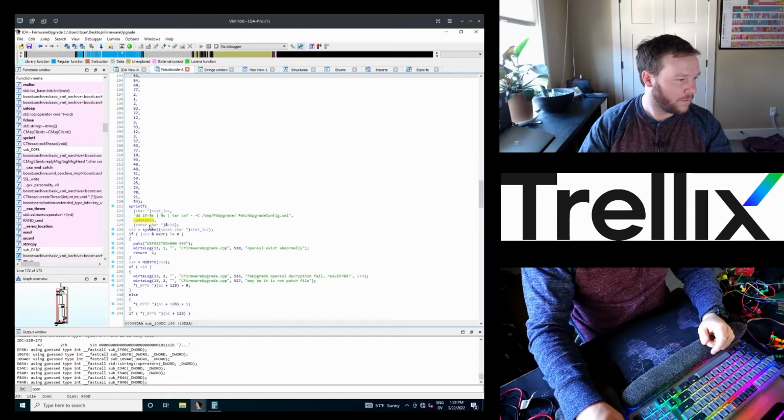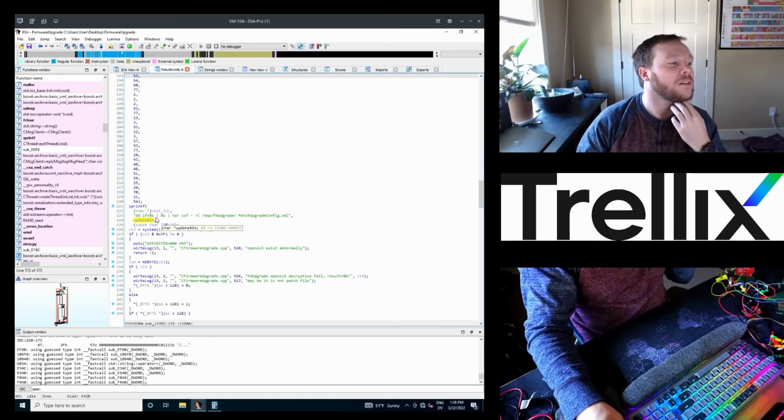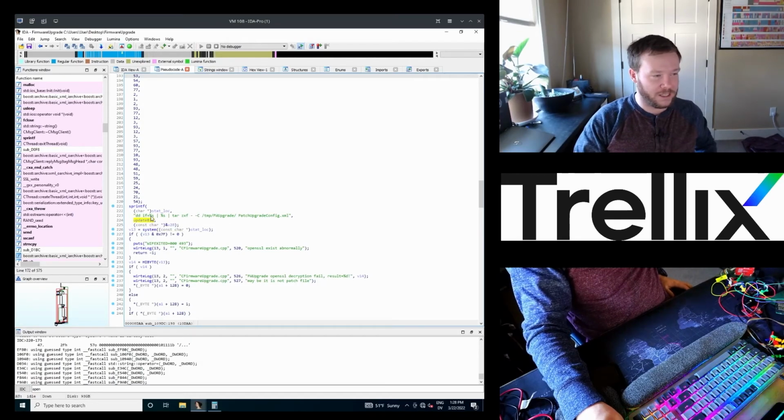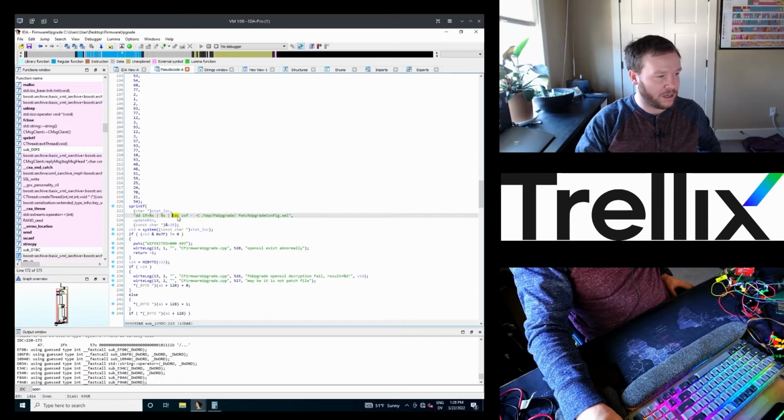So it's DDing that update bin, and when you don't have an OS with DD, it just prints it to standard out. So it's getting piped into the black box OpenSSL command, and then getting tar zxf extracted from standard in,